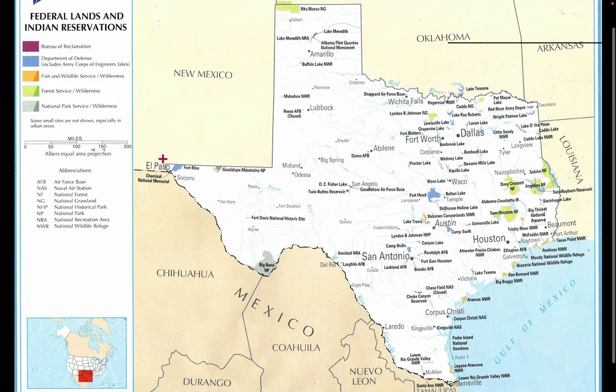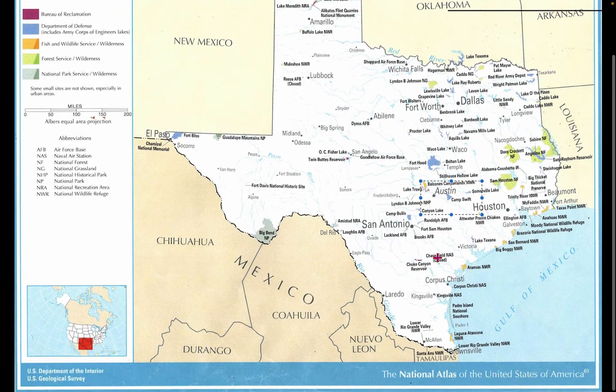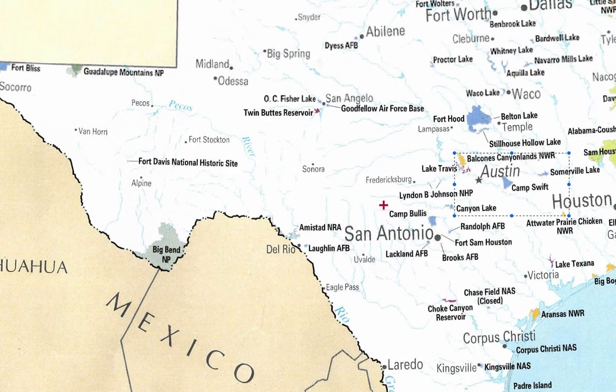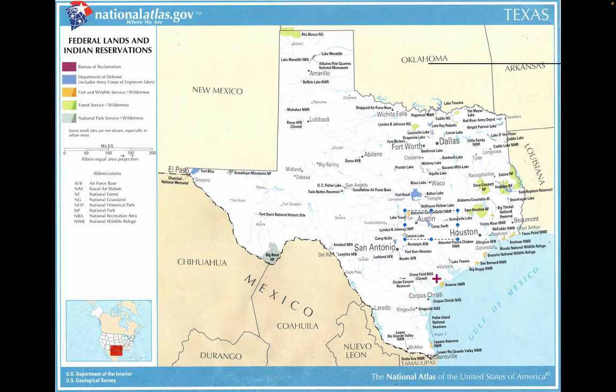So Fort Bliss cannot secede from the Union. Fort Hood cannot secede from the Union. Camp Swift, I'm assuming that's a military area, cannot secede from the Union. No military area, no federal post can secede from the Union because they are dependent states. They are part of the federal government. They cannot secede from the Union and become independent states and become a state within a state, or an independent state within an independent state.